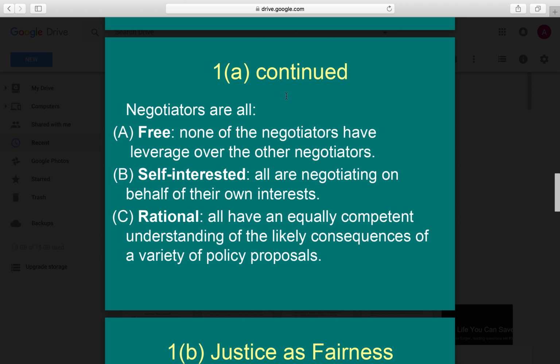So before I move the slide forward again, so far what do we know about the negotiators? They're free, so they don't really control one another. They're rational, so they all can understand the likely consequences of a variety of policy proposals. And they're all negotiating in their own self-interests. But as we'll see, Rawls has a way of achieving impartiality, even though everybody's rather self-interested. That's what's exciting about his view, so I know you're excited. Okay, now,